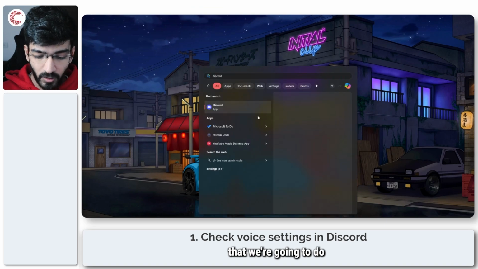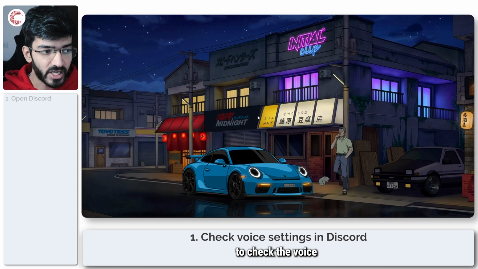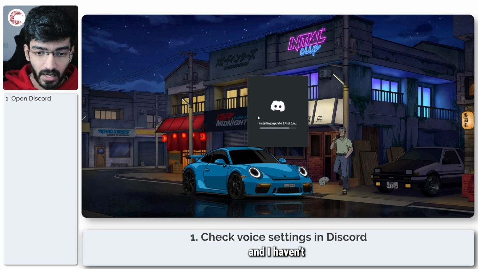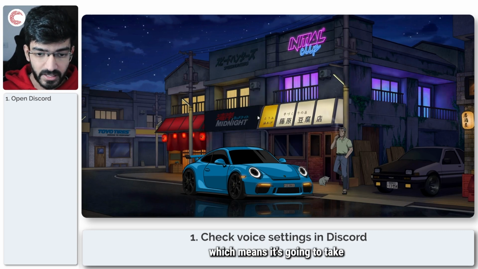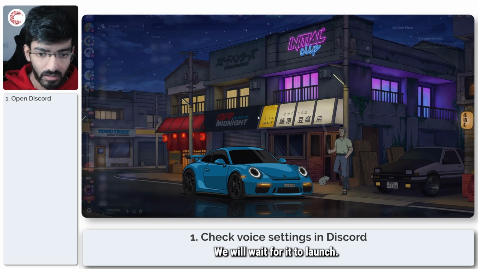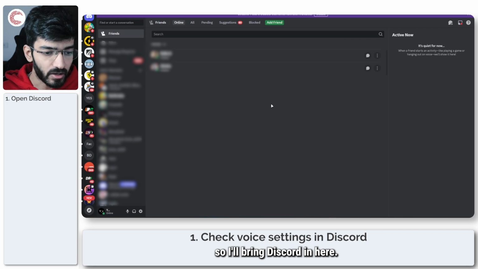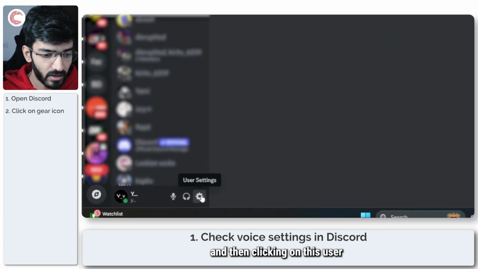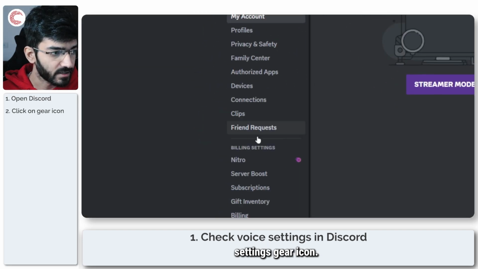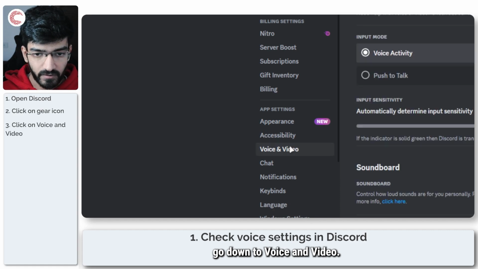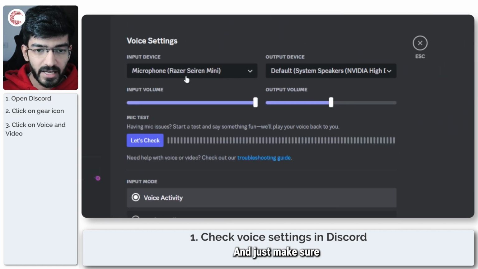So the first thing that we're going to do is fire up Discord to check the voice and video settings within the program. And I haven't turned it on in ages, which means it's going to take 500 updates. We will wait for it to launch. Alright, so I'll bring Discord in here. What we are going to do is head on to the bottom and then click on this user settings gear icon. Now in this list under app settings, go down to voice and video